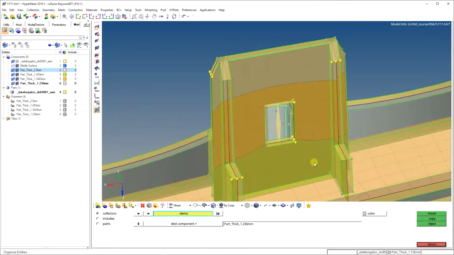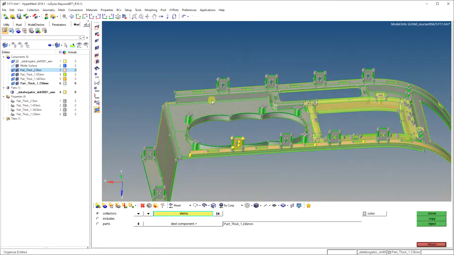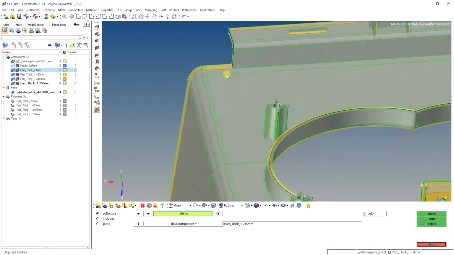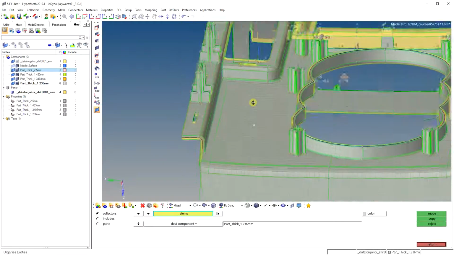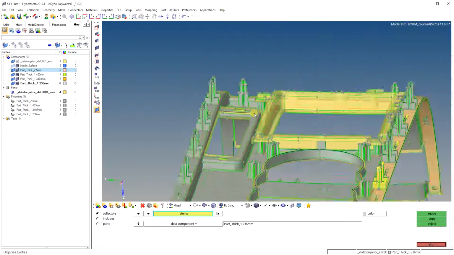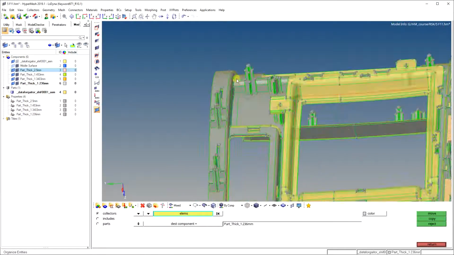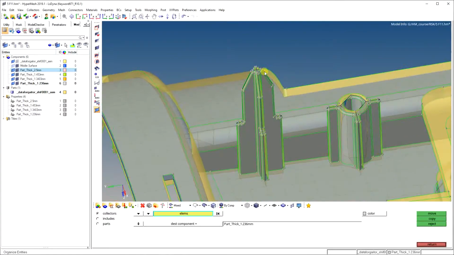Hope it is clear. For every feature you have to do this. For the base the thickness is always the same, but you have to check every time. Thickness at the base is more compared to the top.